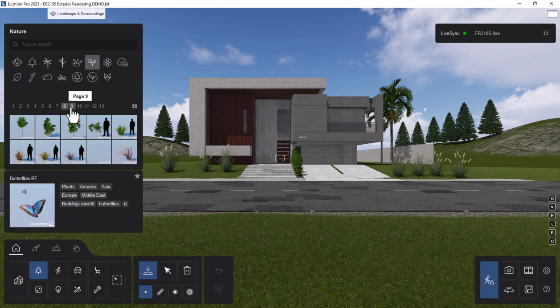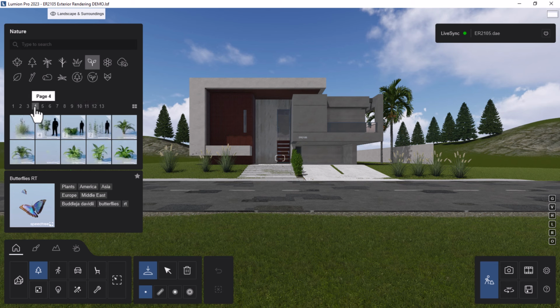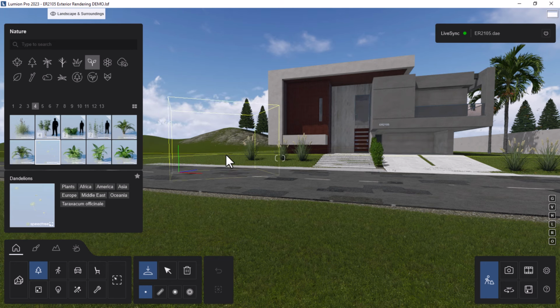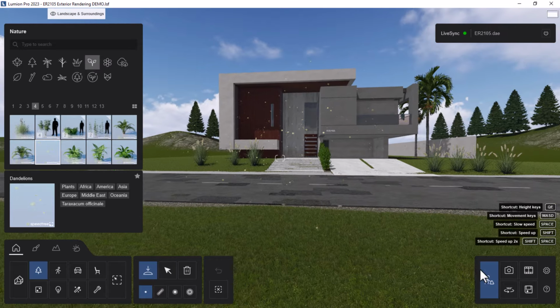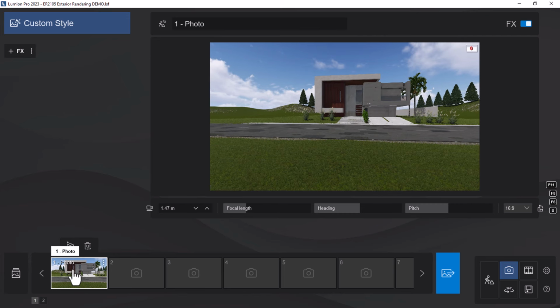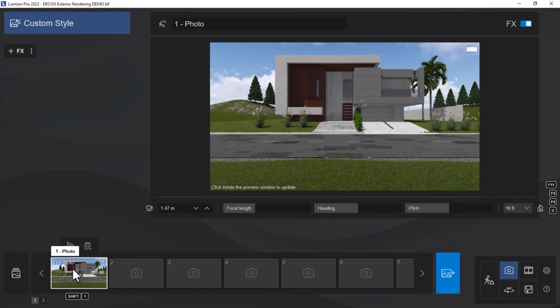These are flies. Seeing them here. Okay, here they are, dandelions. Click on it and place it there. Let's see on the photo mode, how does this affect our composition? Not bad,